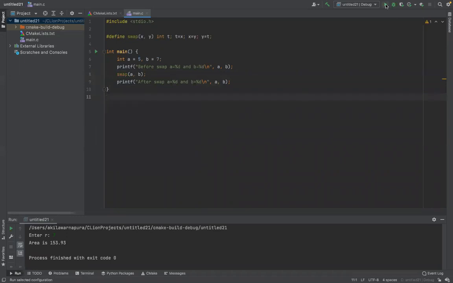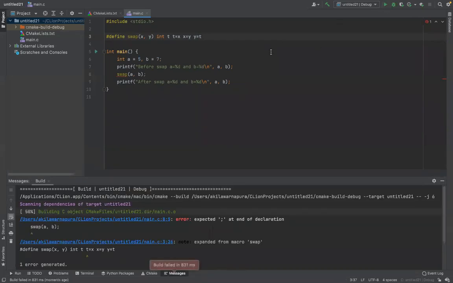Now try to run this program. Before swap, a is 5, b is 7. Now after swap, a is 7, b is 5. I think the semicolon is also sometimes optional, no? Check whether. But here the semicolon is required. It gives you an error because